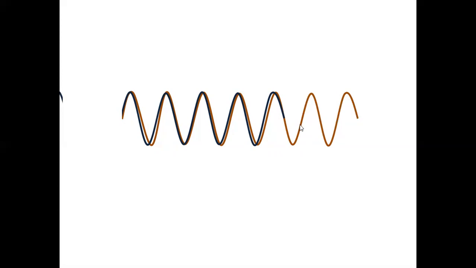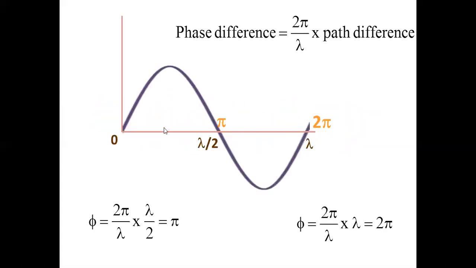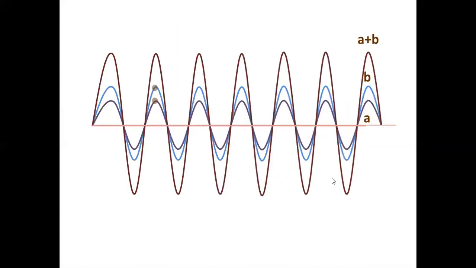So you should put the phase difference and the path difference. Already we have seen the relation between phase difference and path difference in this diagram, right? Every particle which is separated by a certain distance should have a phase difference as well. So you know the formula, this one, okay?